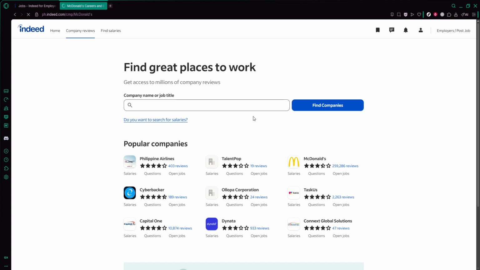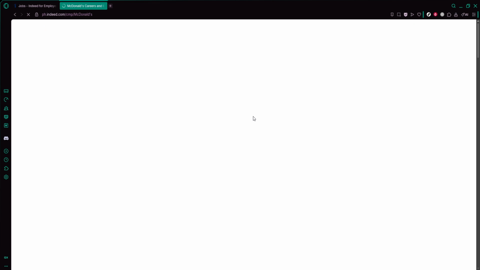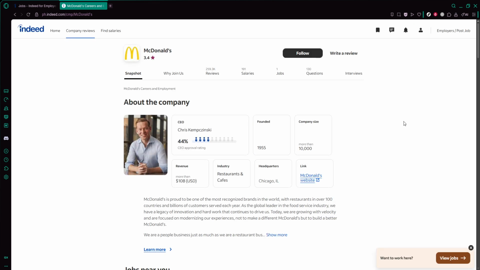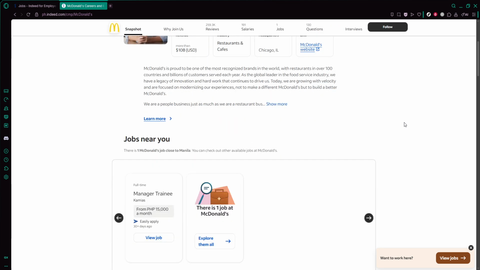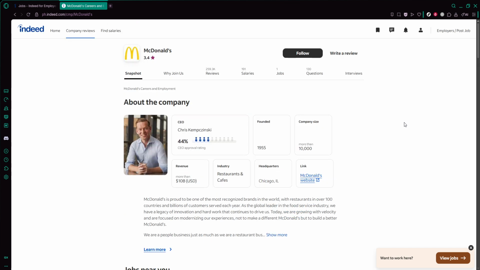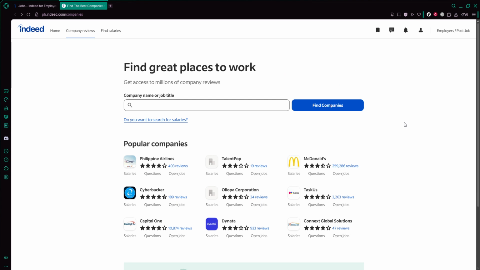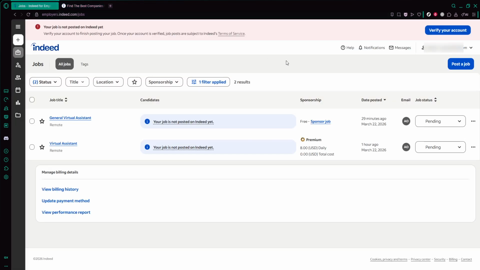You can also update your images. This might include your company logo, a cover image, or additional photos that showcase your workplace. Use high quality, professional looking images that are properly sized according to Indeed's recommendations. Choose visuals that accurately represent your environment and your people, such as team photos, office spaces, or images from company events. Before uploading, make sure you have the rights to use the images and that they don't reveal any sensitive